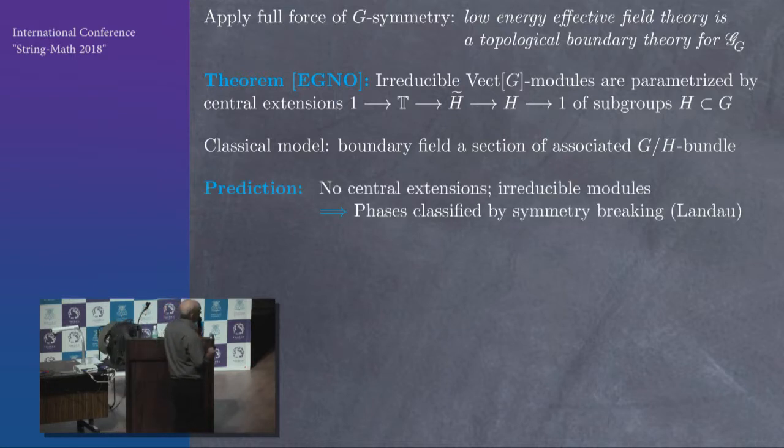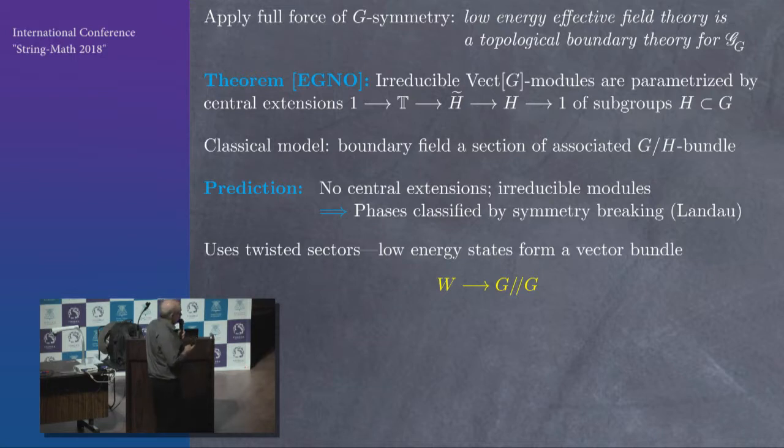And so the prediction is, well, we don't see a way for central extensions to come because these weights are positive real numbers. Central extensions would have to involve negative numbers and complex numbers. And if we assume that what we get is irreducible, then you would see that the low energy theory is classified by a subgroup of G, and that's symmetry breaking. In other words, for these theories, we would predict that the symmetry breaking classifies. There's nothing more complicated that would happen in the phase as it does in other kinds of models.